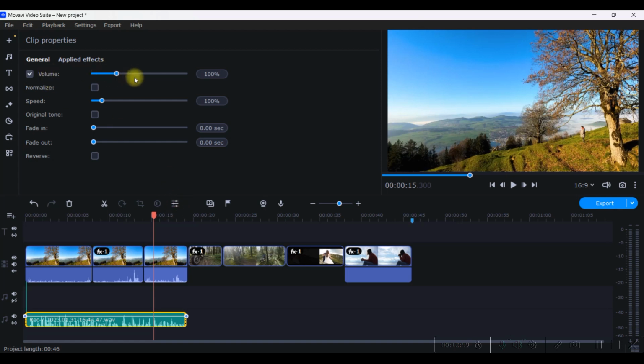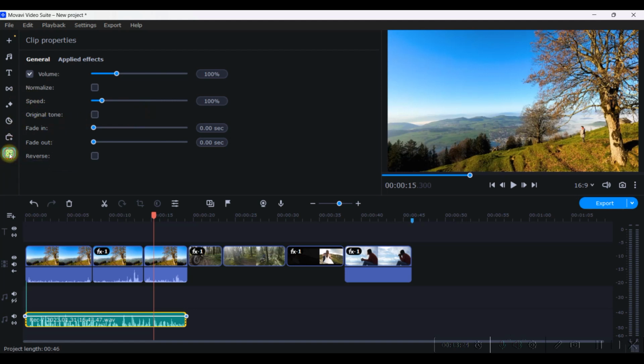So first thing is volume. If you find your volume is too low, you can actually increase the volume till 400%. But ideally keep it 100%, provided I am doing a shoot indoor and I am using a good microphone. You ideally should not be speeding up your voice, but still if you really need it, you can do it.